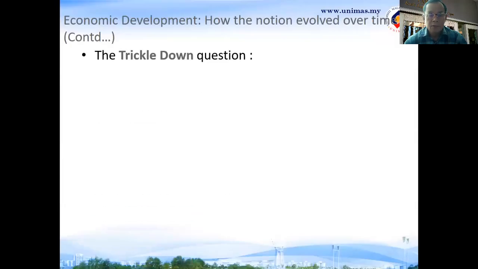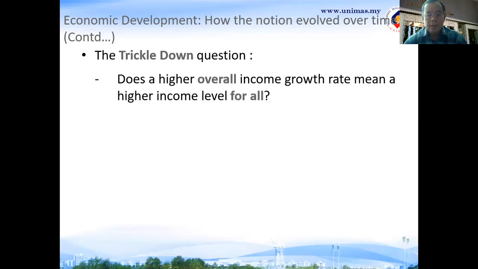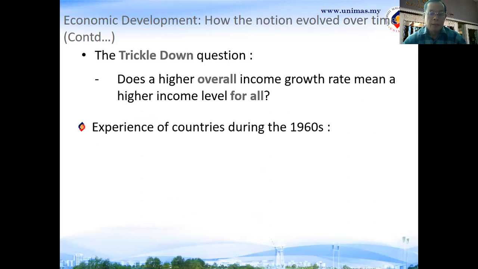Okay. So the question is whether a higher overall income rate means a higher income level for all. That's a real good question to ask actually. Does everybody enjoy the high income, or is it just limited to a few groups of people and so on? And from the experience of countries during the 1960s,